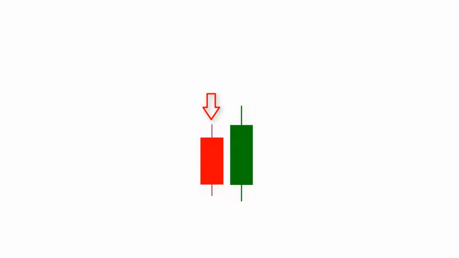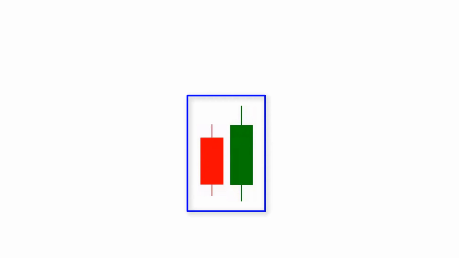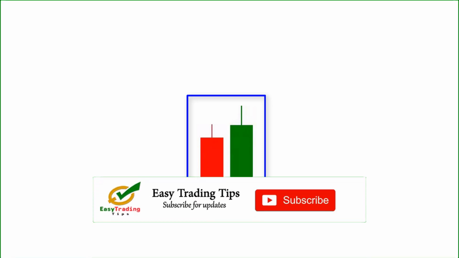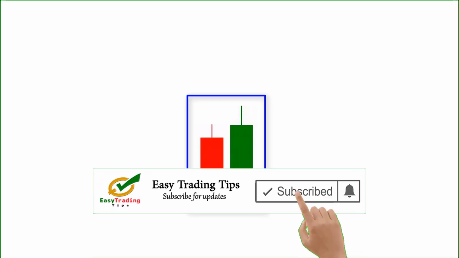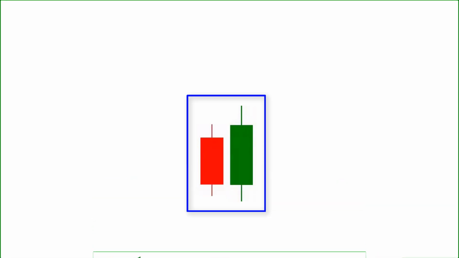When a small red candlestick is followed by a large green candlestick, a bullish engulfing pattern can be determined. After this pattern forms, traders buy the market and make profits in the transaction. They can only make money when the pattern is 100% perfect. Let's look at the conditions that form a 100% perfect bullish engulfing pattern.